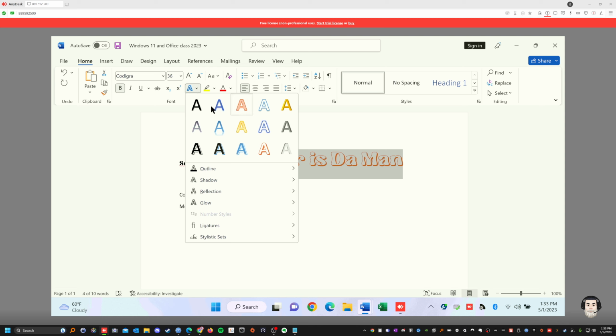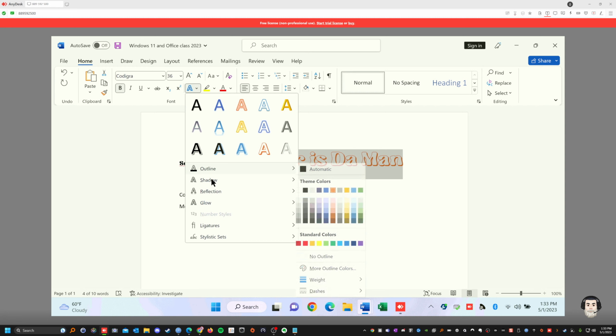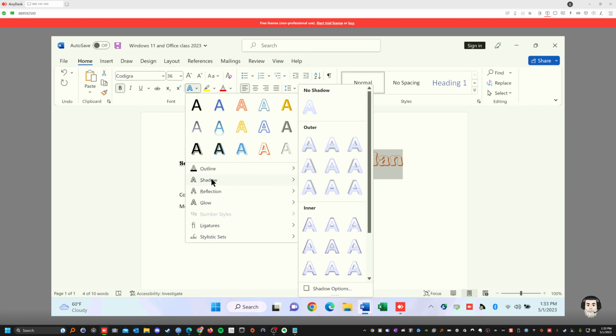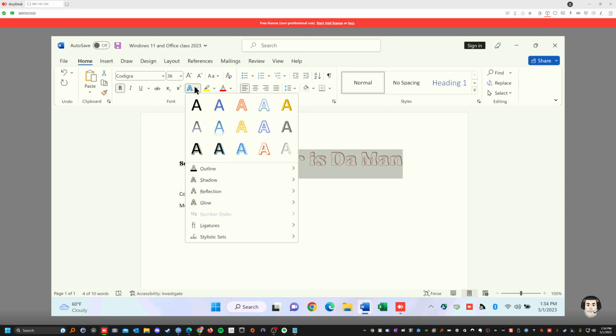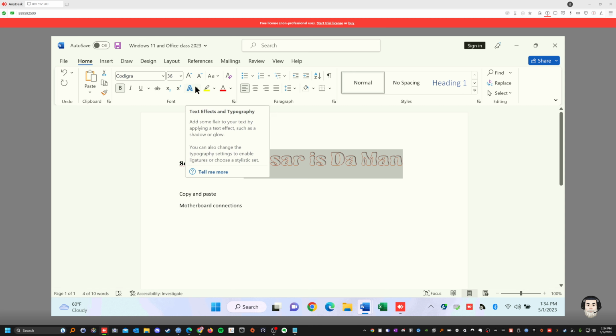And this is what you need to do, all this. And you could outline it, of course. You could put a shadow to it if you like, and you could make the shadow in whatever color, whatever location you want the shadow. Let's say I want a shadow, right? See the shadow? Yeah. And see this, hold on a second.